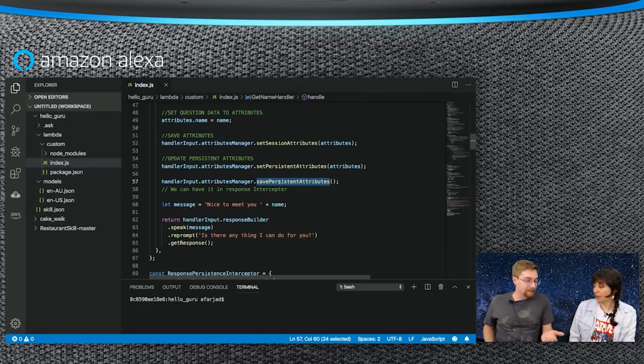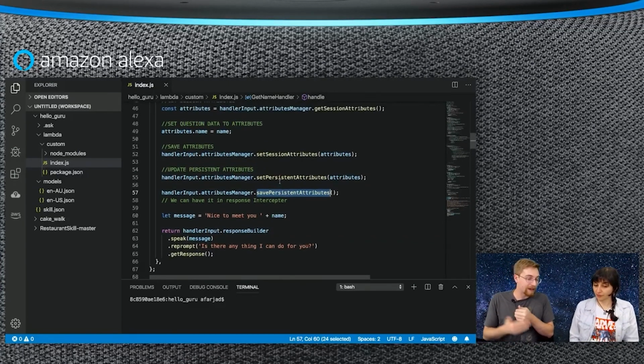Yeah. So that's one of the benefits of using session attributes, is that it is quick, but it doesn't last forever. So you might even want to, if it's something you're accessing a lot or frequently, or even if you're accessing it in the can handle method, or multiple places, load from persistent into session and then use session.